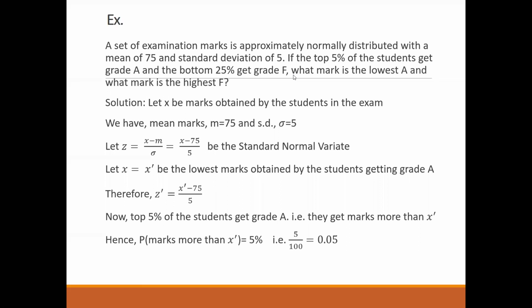Yes, yes. But what we are going to do is replace this into the standard variate function for Z, the function which I gave you, Z equal to (X1 minus 75) upon 5. And then we are supposed to find out the value of X, right? Z value is already found out. So Z is 1.645. Now use this value to find the value of X.